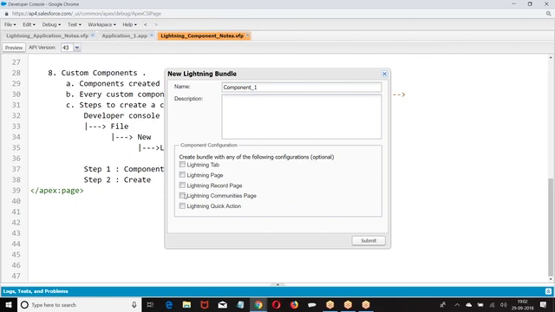Then what we have? All these are interfaces. Based on the interface what you select, based on the checkbox what you select, corresponding interface will be implemented. So every checkbox has a meaning and every checkbox has corresponding interface. As per the functionality, we need to check the corresponding checkboxes. Okay, what is that? You want to create a tab, want to create a page, want to create a record page, communities page, quick action. Depends upon the functionality, we need to choose. When you choose this, corresponding interfaces will be implemented. Right now, I am creating blank.